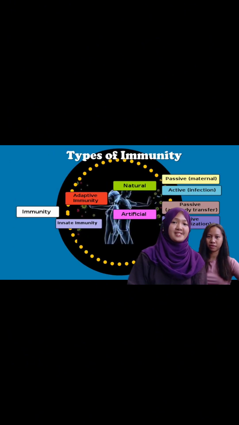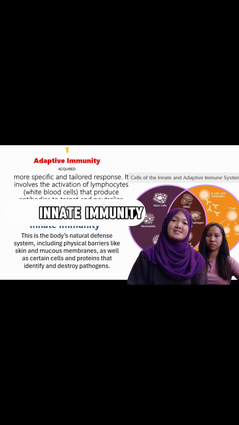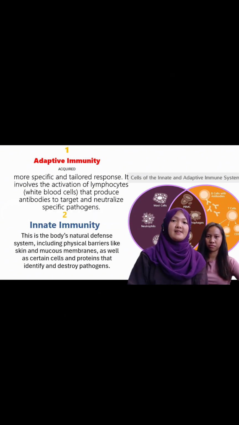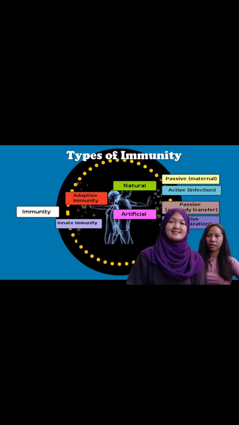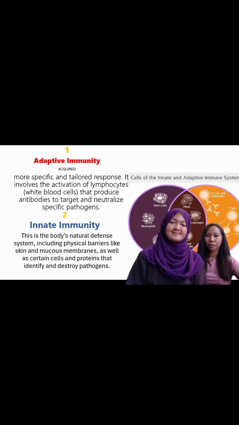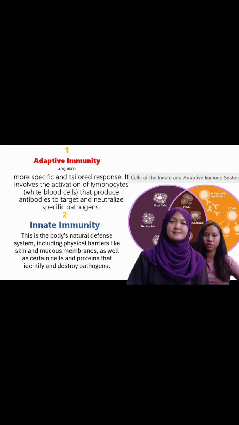So, the types of immunity: innate immunity is the body's first line of defense against pathogens. An example is the skin, which acts as a physical barrier to prevent pathogens from entering the body. It's like creating a protective shield. Second is adaptive immunity defense, the production of antibodies. If your body encounters a bacteria or pathogen for the first time, the cells of the immune system, like the B cells, produce antibodies that are created to fit, recognize, and stop it